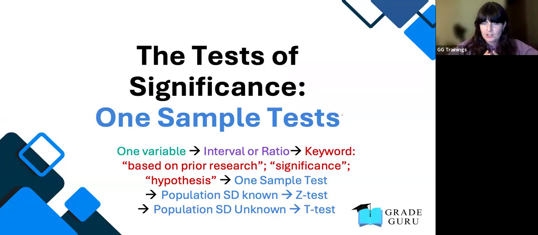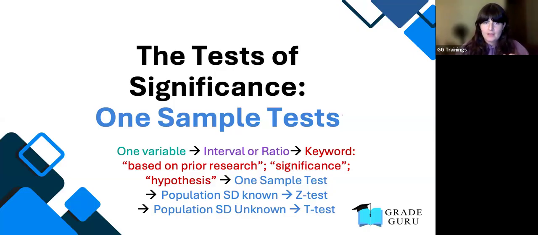That variable is measured as interval or ratio. And your keywords are usually things like based on prior research. It'll include either in the actual text or in the questions that follow the text. It'll have the word significance or hypothesis, or basically any of those words that we associate with the tests of